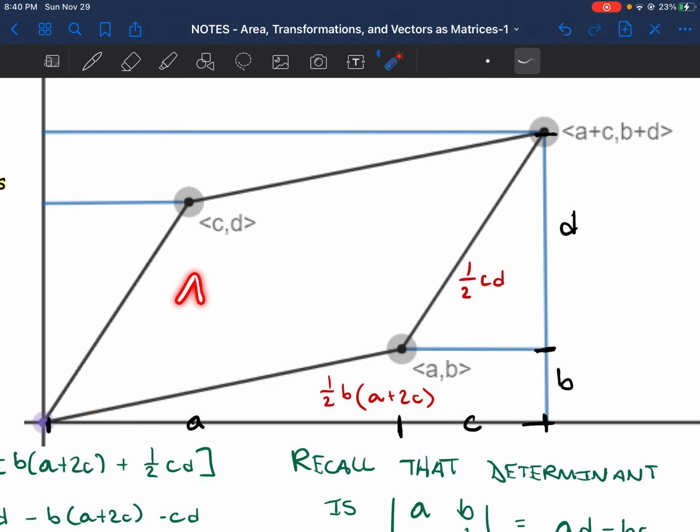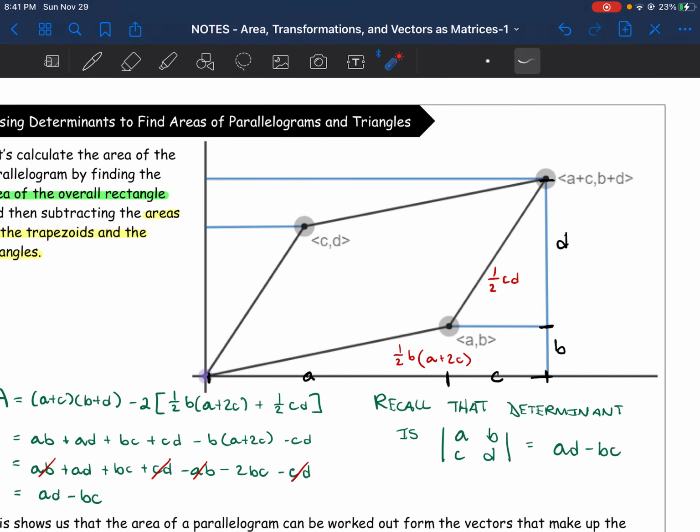So the area of a trapezoid is 1/2 the height times the first base added with the second base. Okay? Well, we can see that the height of this trapezoid is B, so we have 1/2 B, and the first base is A plus C, and the second base is just C. So if I took A plus C plus C, that would give me A plus 2C. And notice that this triangle is going to be equivalent to this triangle, this trapezoid is equivalent to this trapezoid,